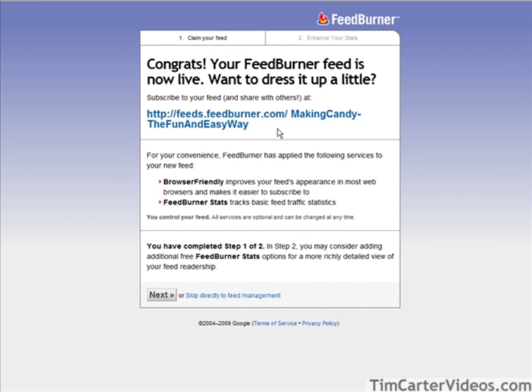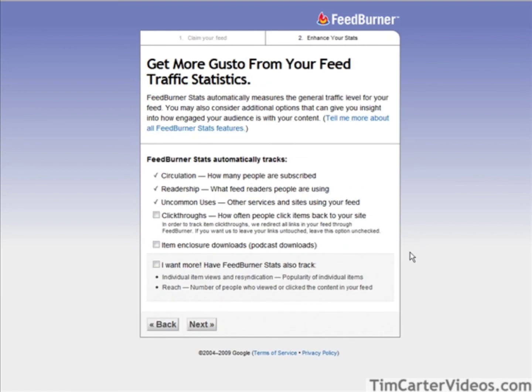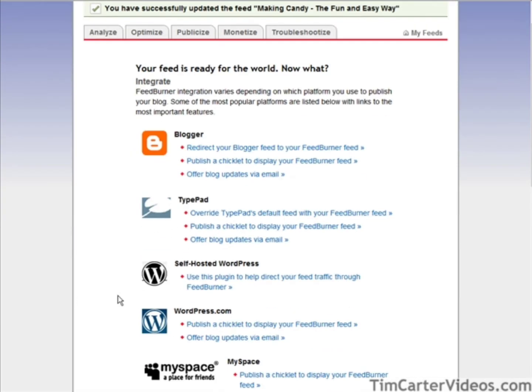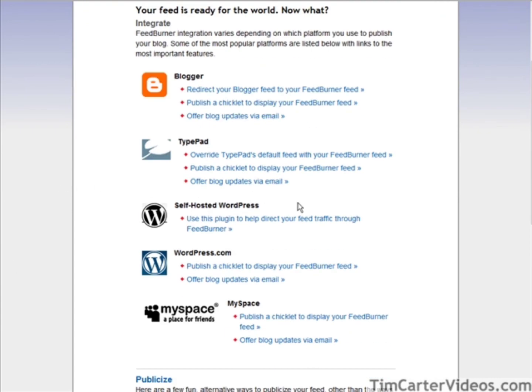Okay, so there is our feed URL there. And we can click next now. We can do a little more configuration. And we'll just click click-throughs here so we can track how often people click back to our site. That's all we need there. We'll click next. Okay, and then if you come down here, we see self-hosted WordPress says use this plugin to